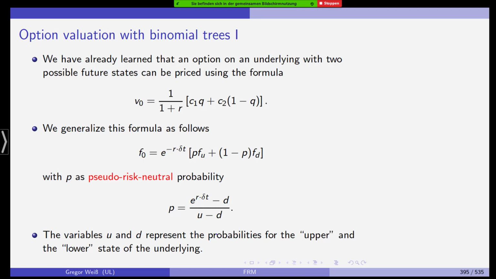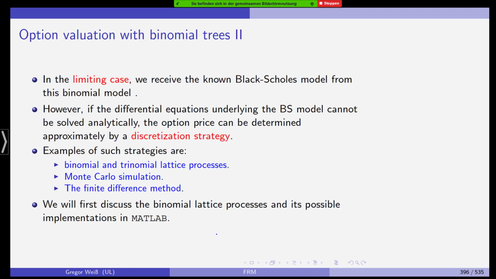U and d again represent these probabilities for the upper and lower state. And in the limiting case, we've seen that we get the well-known Black-Scholes model. If the differential equation underlying the Black-Scholes model cannot be solved analytically, and this is the case for exotic options,